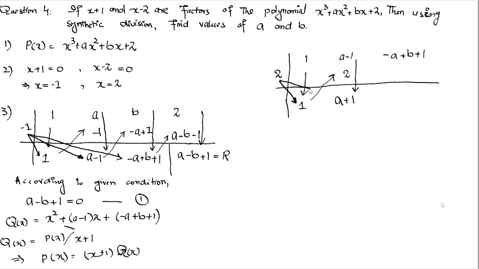The result is again multiplied with the 0 value of the polynomial, and the result will be written under the next term. So a multiplied with 2 is 2a, 1 multiplied with 2 is 2. Perform addition of the two terms. So 2a minus a is a, b will be written as it is, and 2 plus 1 is equal to 3. Now this is a remainder after performing the second division, and according to the